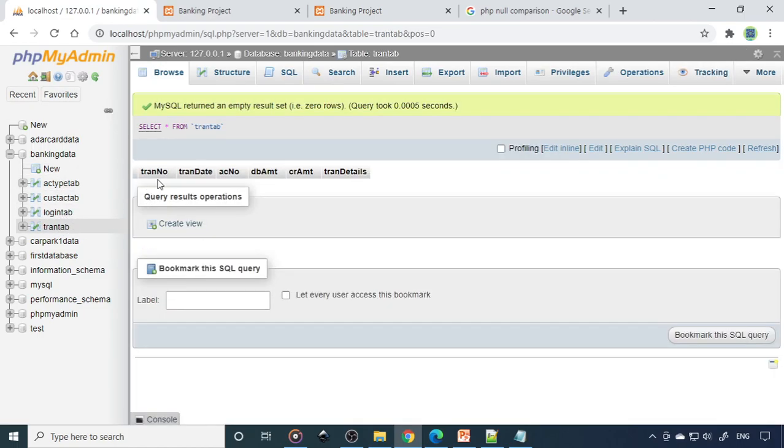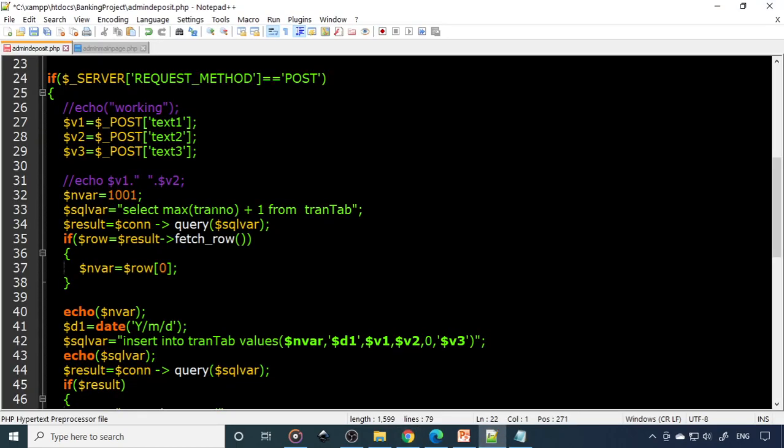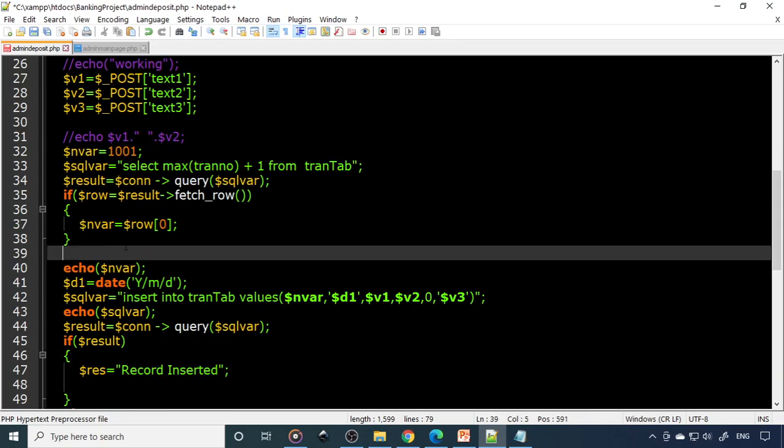Here there is no transaction number, so it cannot generate the next number. But this function, max of transaction number, will always return some value, that is null value. So therefore we need to check if it is null. Again we need to assign 1001.